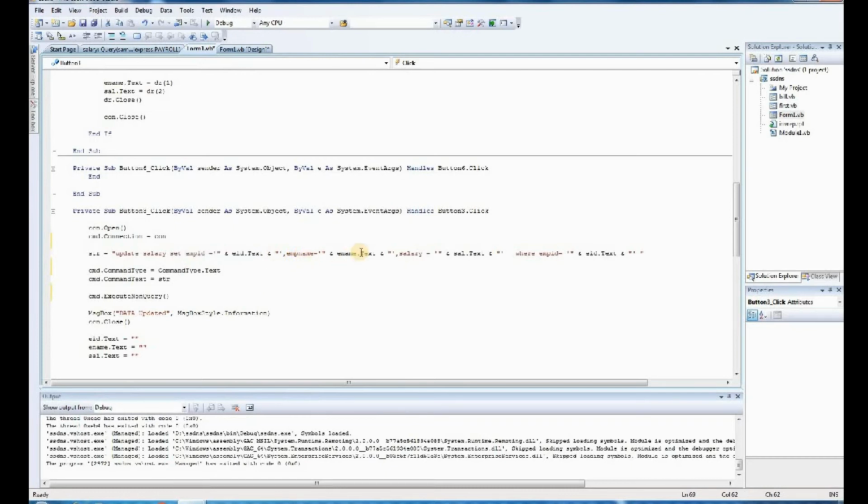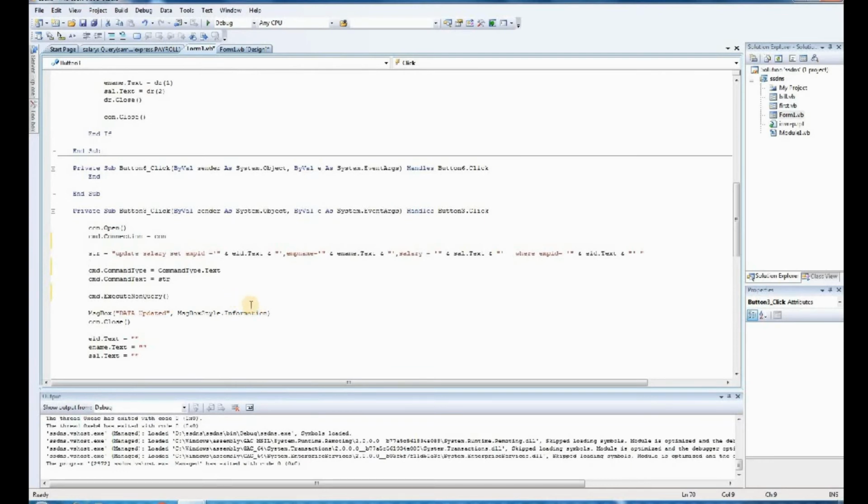But here you have to observe that update and delete are very dangerous and compulsory operations in every project, and there you have to use the where command. Without the where command you cannot use update and delete. Why? If you want to update a particular record, only then it is meaningful. If you do not give the where command, automatically all the records become one record. So where empid.text or ename.text, any field. The specialization in .NET is that you need not create any primary key. Whichever key you are giving automatically becomes the primary key. That is the specialization of .NET.